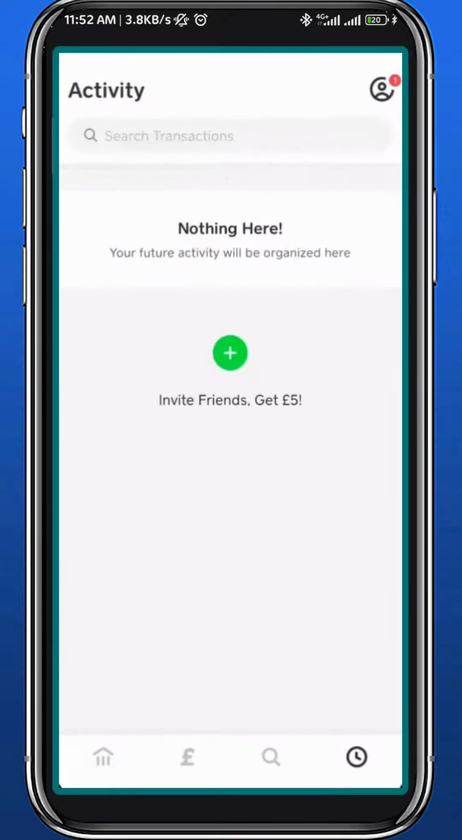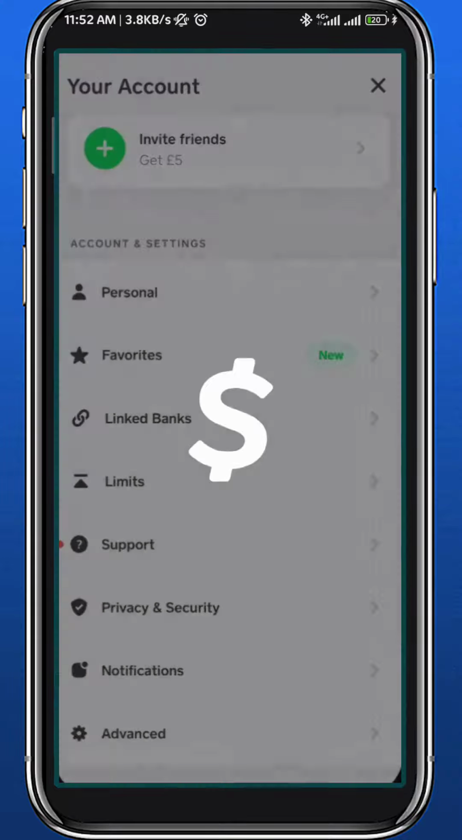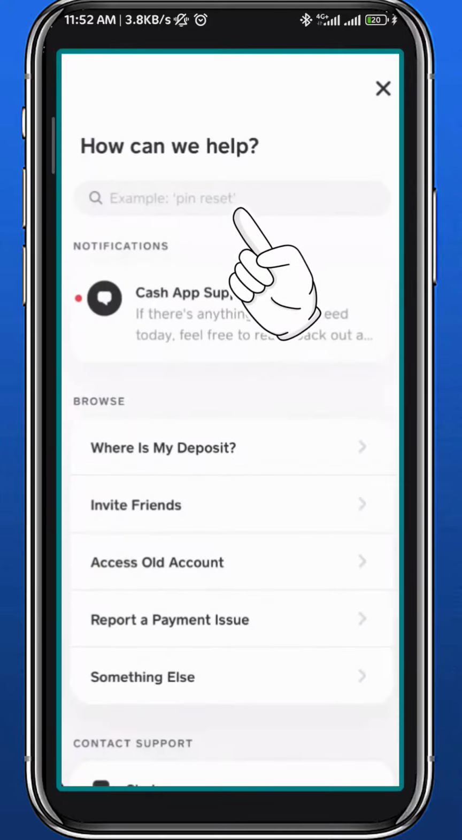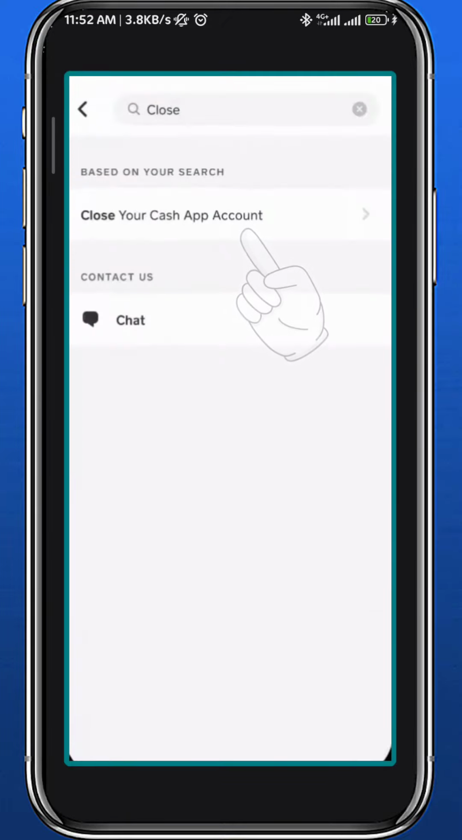As you can see guys, I have no transactions here because I don't really use the Cashapp application, but I'm gonna show you how you can delete them. You can tap here in the top right corner to go to your profile and then scroll down and tap on support right here. Now once you tap right there, you'll be taken to this page and you should tap on the search box right here and we're gonna search for close. You find one result that should say this: close your app or account. So you can tap right there,